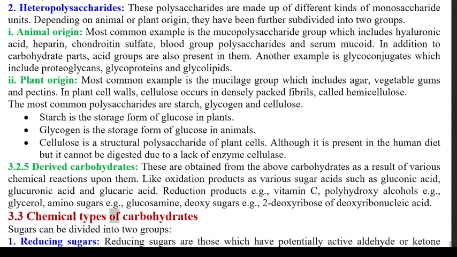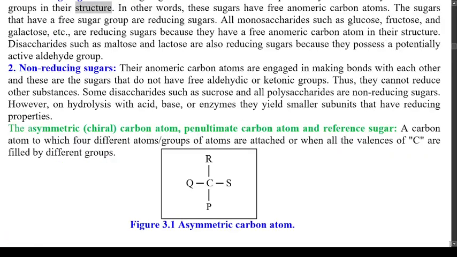3.3 Chemical types of carbohydrates. Sugars can be divided into 2 groups. 1. Reducing sugars. Reducing sugars are those which have potentially active aldehyde or ketone groups in their structure. In other words, these sugars have free anomeric carbon atoms. The sugars that have a free sugar group are reducing sugars. All monosaccharides such as glucose, fructose, and galactose, etc., are reducing sugars because they have a free anomeric carbon atom